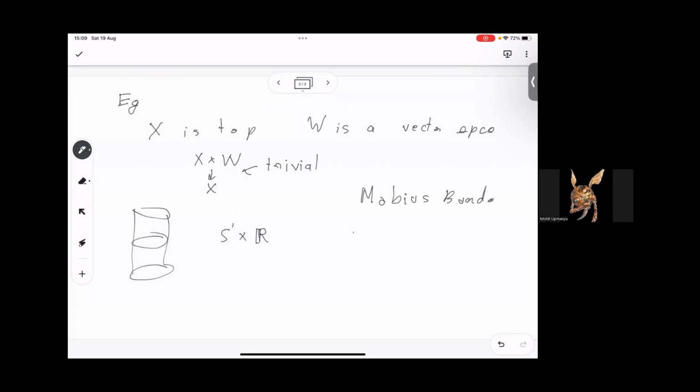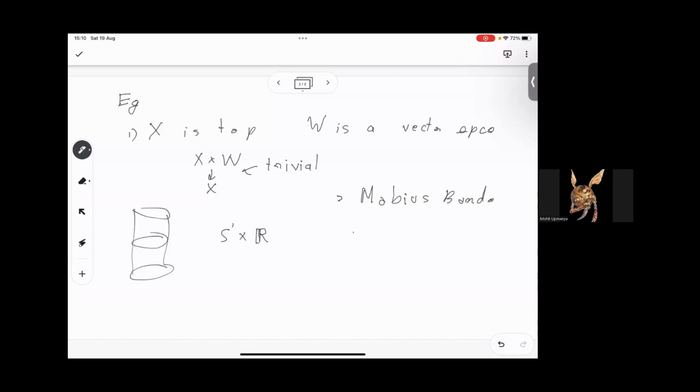So basically, it's like a Mobius strip. I'm not very good at drawing a Mobius strip, so I'm not drawing. So right, a Mobius strip, but with infinite lengths, so that it's actually a vector space, right? That is an example of a non-trivial vector bundle that we know, right? So the Mobius bundle is an example,